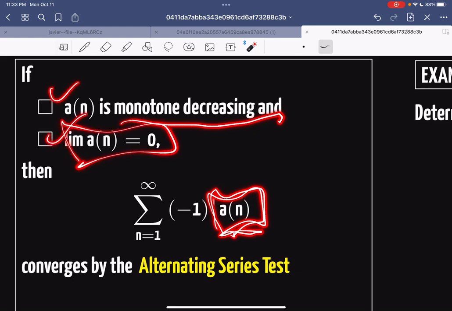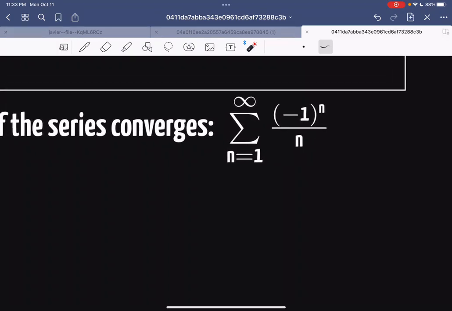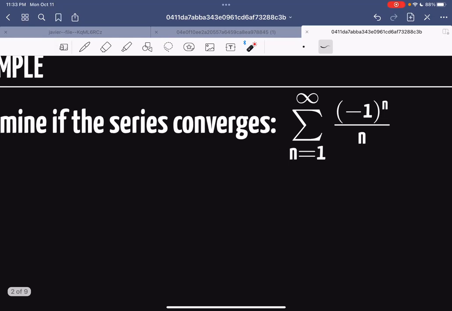If you've got these two key ingredients here, then if you had any kind of alternating sign here where it's plus, minus, and it could also be the other way around, minus, plus. It wouldn't be much different, but the ingredients that you need are monotone decreasing, limit going to 0, and you've got an alternating sign here. Okay, then you can just stop right there. The series converges by the alternating series test. And in fact, this is the classic example, the alternating harmonic series. First, we check that